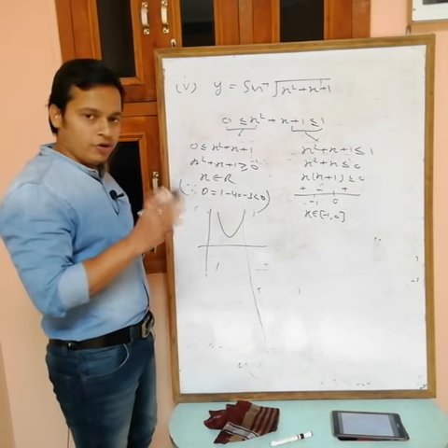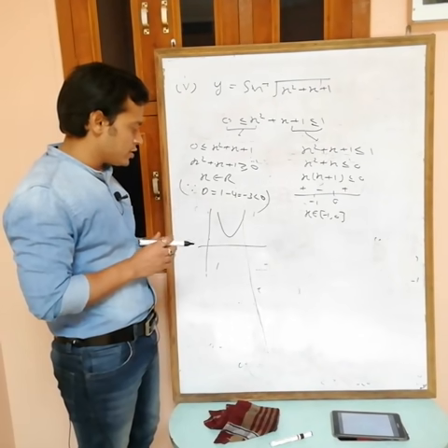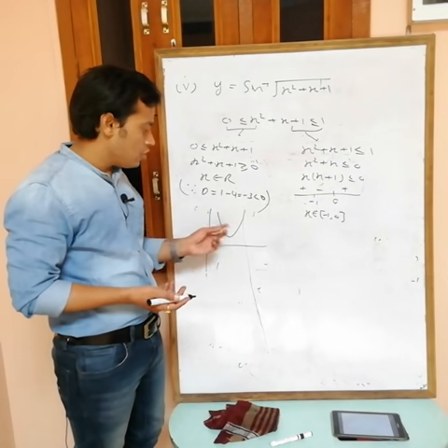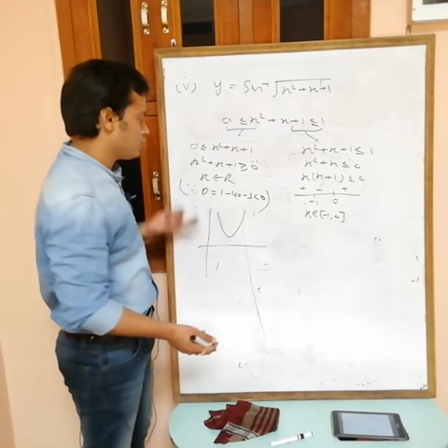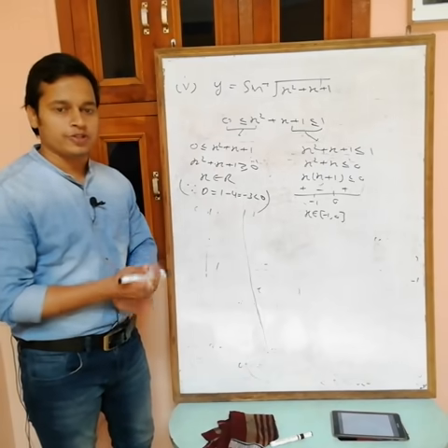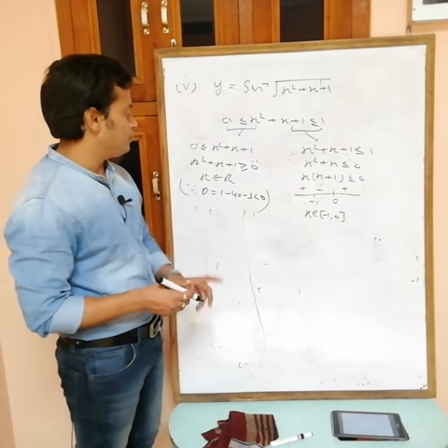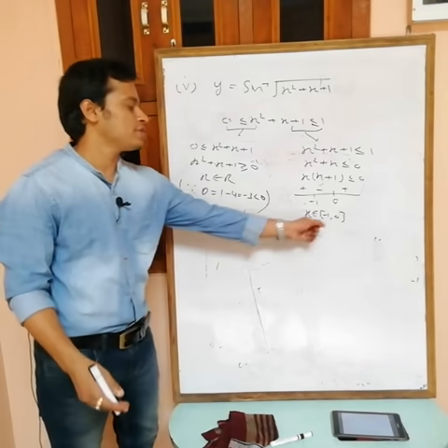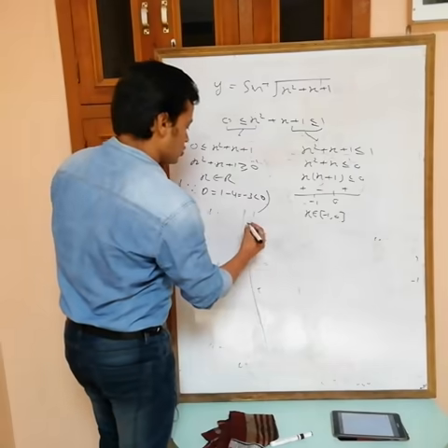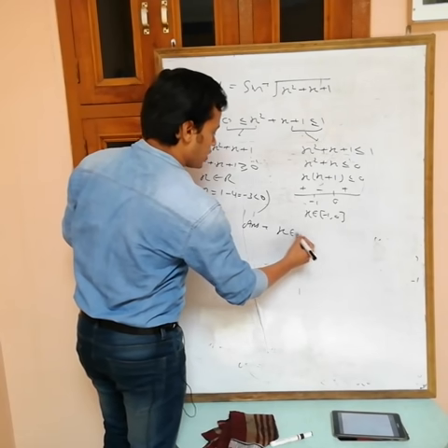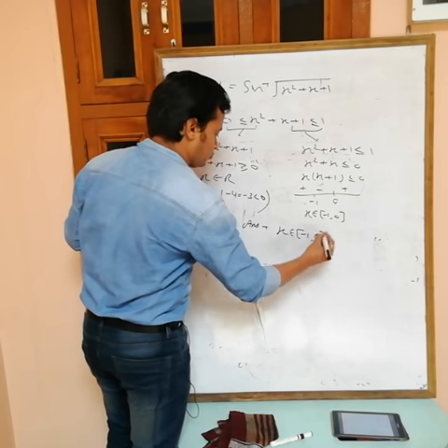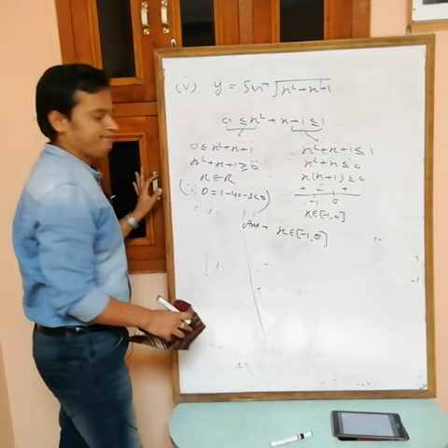So D is less than 0, no root, it means completely above the x-axis. Now see, put any value of x, this is always greater than 0. Obviously completely above, so greater than equals to 0. So x belongs to R, put any value of x, no problem. This becomes always positive. Okay, now take the intersection of these two. This is R, and minus 1 to 0. So obviously this is the intersection. Okay? So the answer is x belongs to minus 1 comma 0. Okay, none. Can I rough?